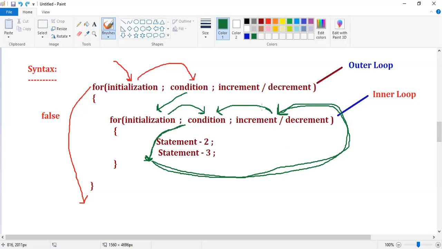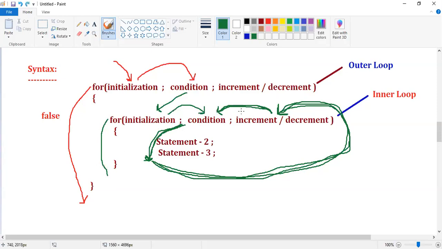And this process is repeated until what happened? This inner condition is false. When our inner condition is false, control comes outside of the inner for loop.